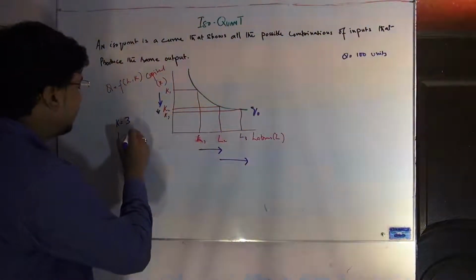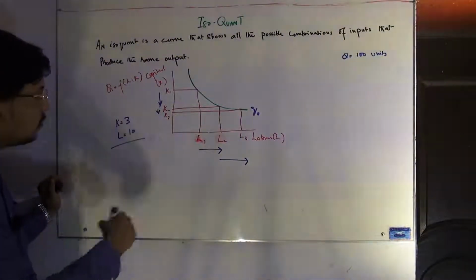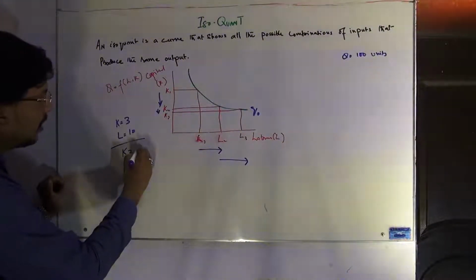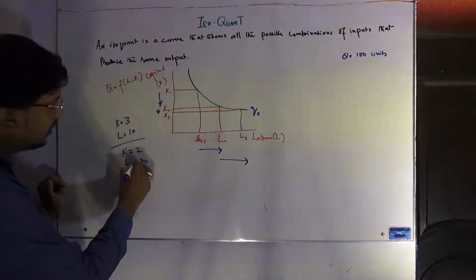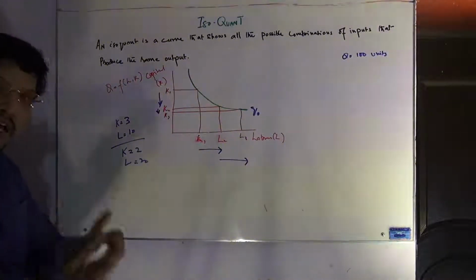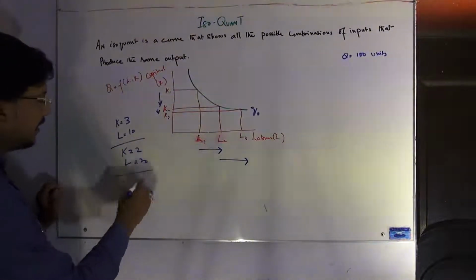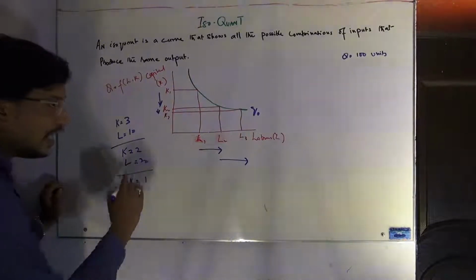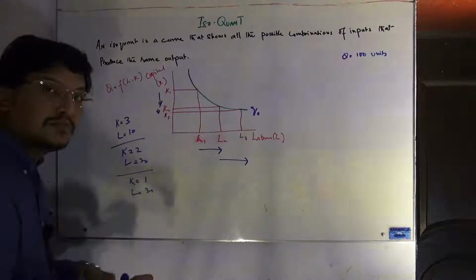Initially the firm is using 10 labor, and now they choose another combination and reduce the machines, let's suppose to 2, and increase the labor to 20. So they are saying that again we are getting the same level of output. Further they understand that we have to increase the labor, so now they must have one machine, however the labor is increasing more.